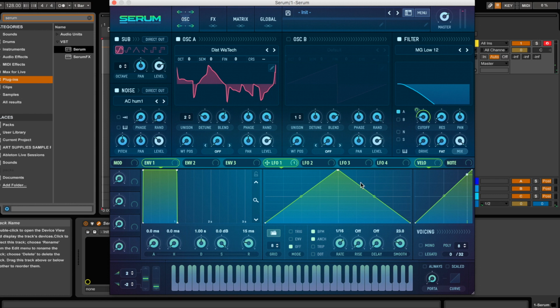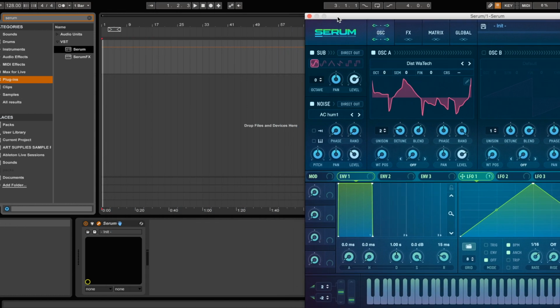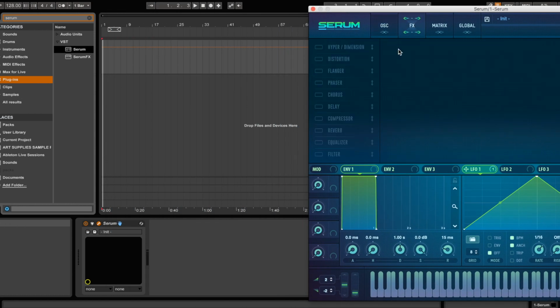Like, how much better is that than the original? You can play around with different things and change it up, but realistically, that's it. That's just a simple sound that we've created in a few minutes from nothing. Now, what I might do, for instance, if I liked that sound, you can go over to effects,